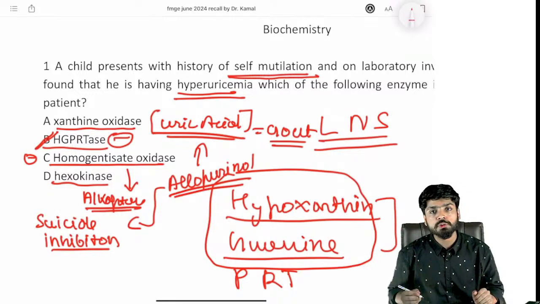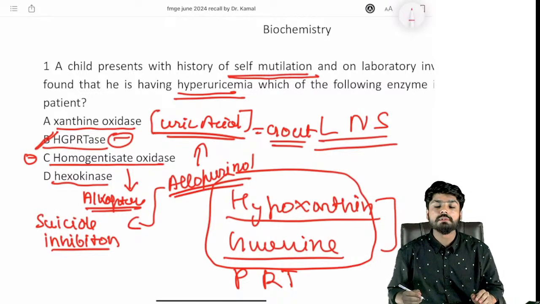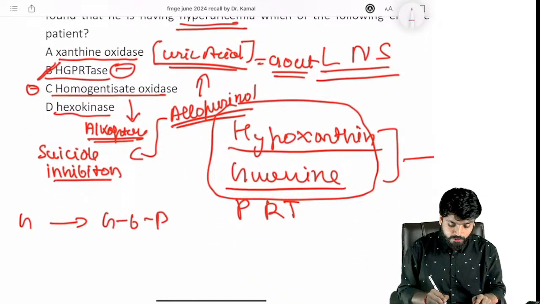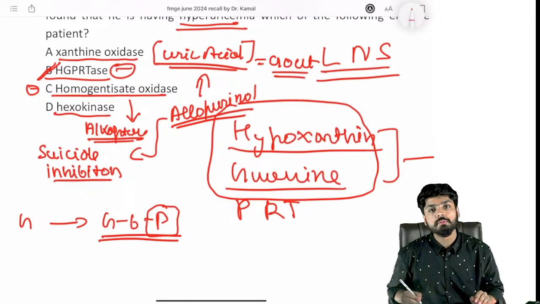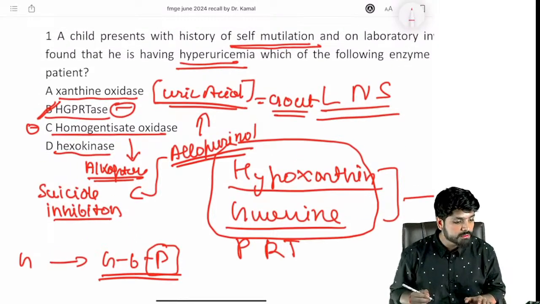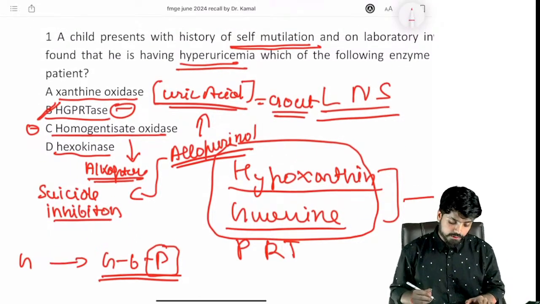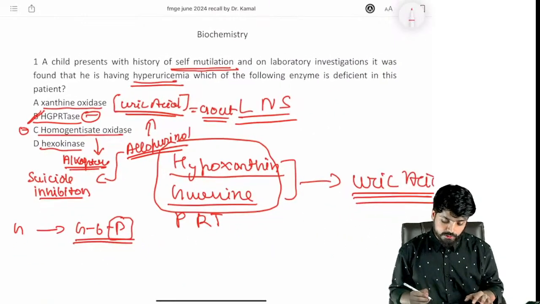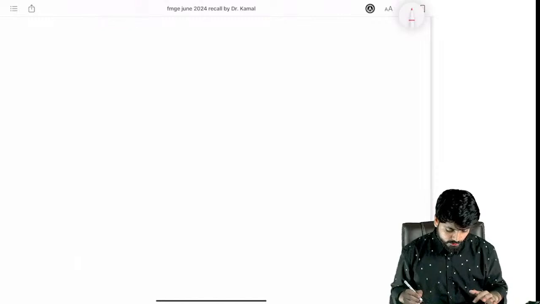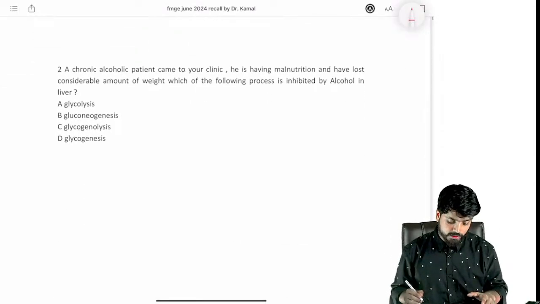What use hexokinase is, it helps in trapping of glucose in the cell. How does it trap? It converts glucose to glucose 6 phosphate, and due to this modification, the glucose will not be able to exit the cell and go into the bloodstream. Yes, trap glucose. Yeah, everybody is giving the right answers in the chat. Now moving on to the next question. I hope this question is clearly understandable and makes sense to you. Moving on to the next question.